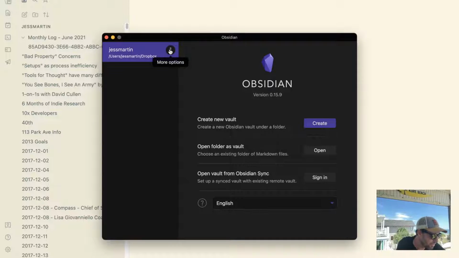So what's going on with using, okay, if we want to sync across different devices, the only way to currently sync onto iOS devices is to use iCloud. And so using users Jess Martin Dropbox as a location for a vault would work fine for syncing, using Dropbox as the syncing layer to sync between multiple Macs or Windows or whatever, anything, anywhere that Dropbox can be installed natively. So in order for us to actually synchronize over to iOS, I'm going to need to create a vault in iCloud and use that.